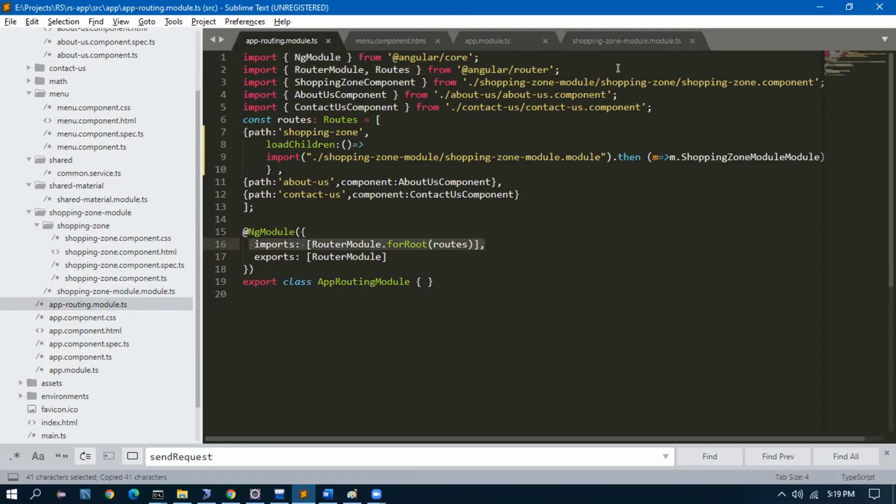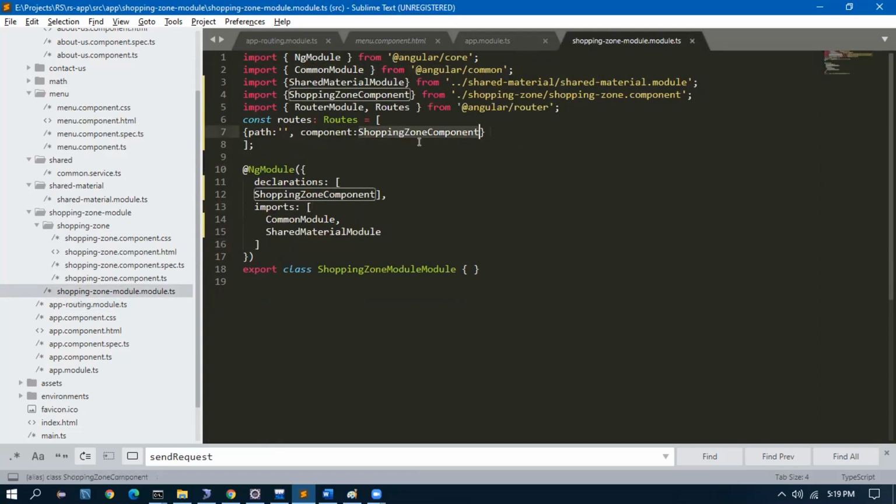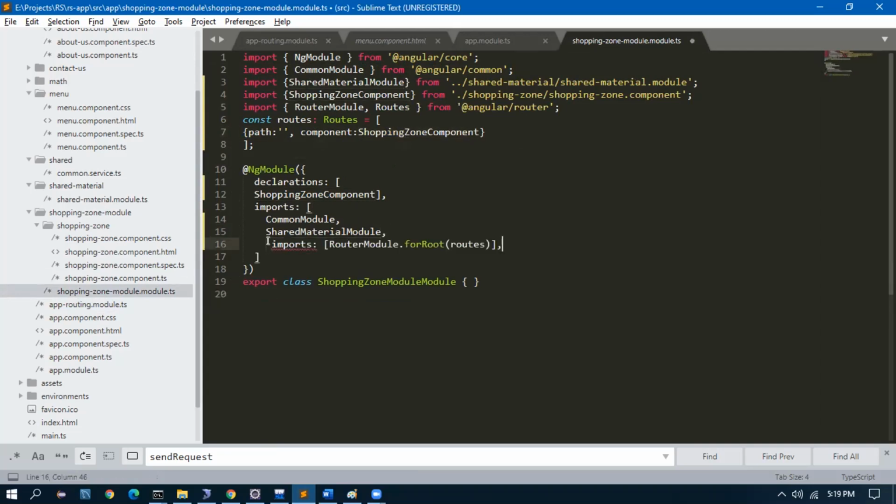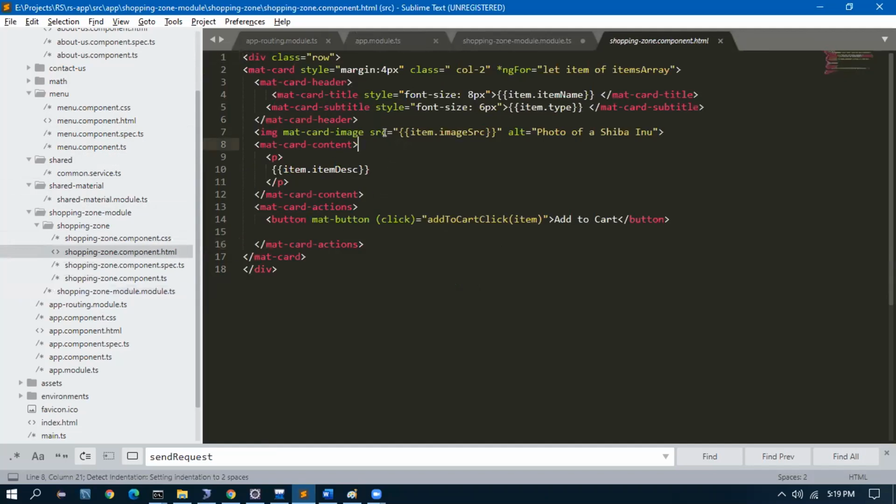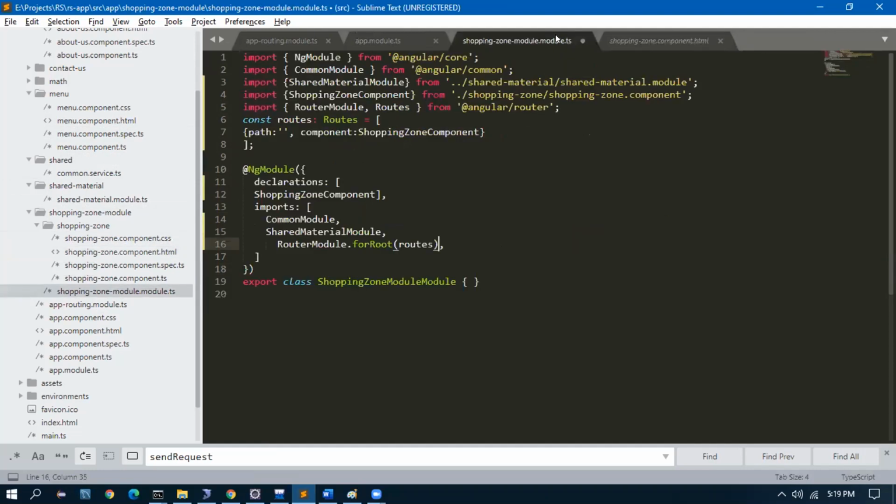What is inside shopping-zone.component.html, Rajesh? The shopping zone component HTML has that product iteration, the mat card with the names orange and apple. Now I'm just trying to fix it for that module, right? Yes, I'm trying to bring that data.